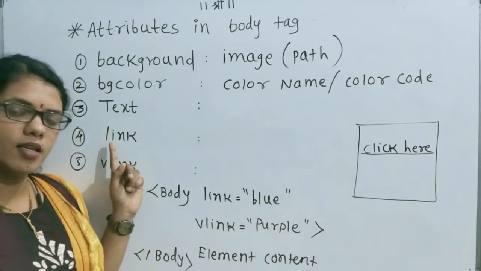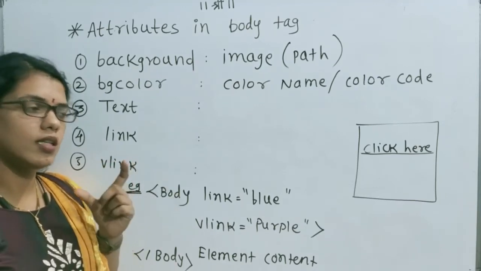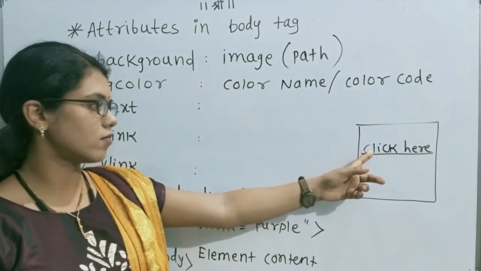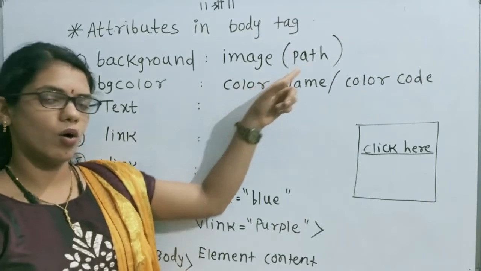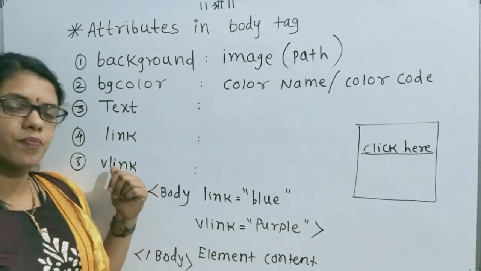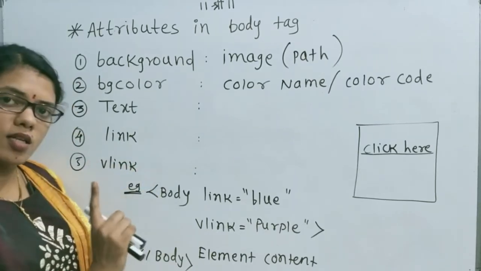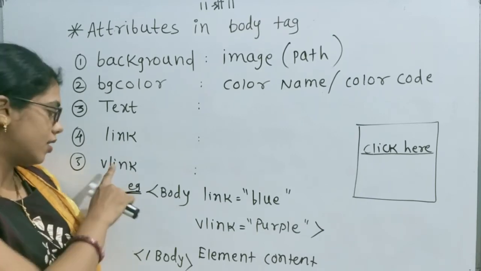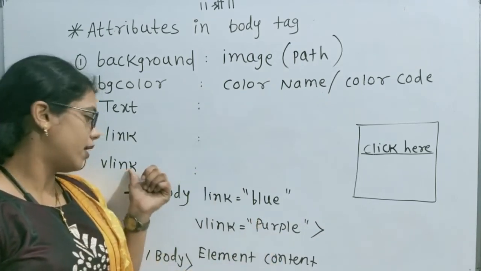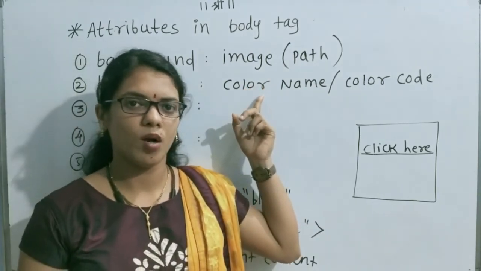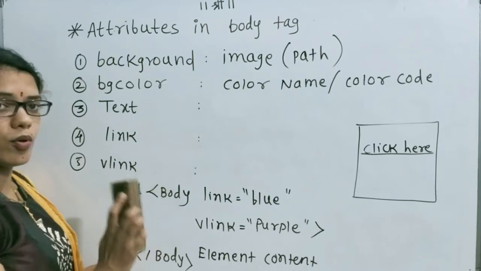Next attribute is the link attribute. The link attribute is used to give a color to only the link part of the website. Next, the value for the link attribute is also color name or color code. And last is the vlink attribute. Vlink means visited link. If the user visits the link, then only the color of the vlink attribute is applied. Same, the value for the vlink attribute is color name or color code. Okay, we are taking a small example of attributes in the body tag